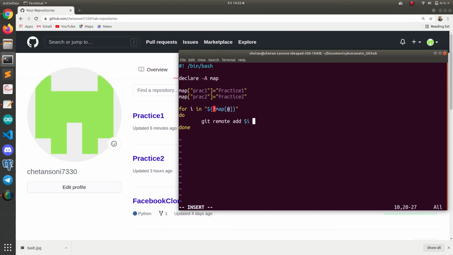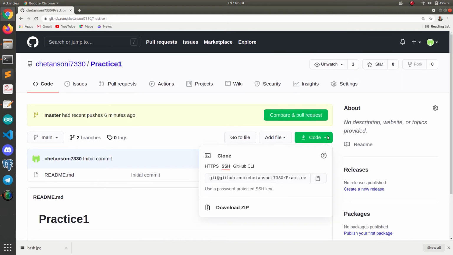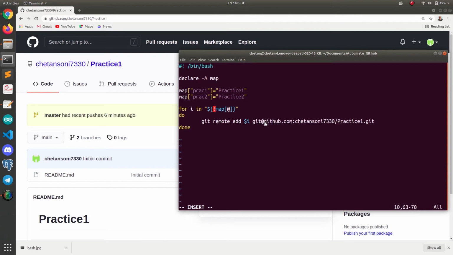Okay, so git remote add, and then I'm just going to copy the SSH link of practice1 and add it here, and after that we can write the map and the value of the key here.